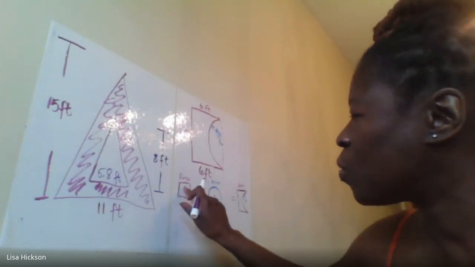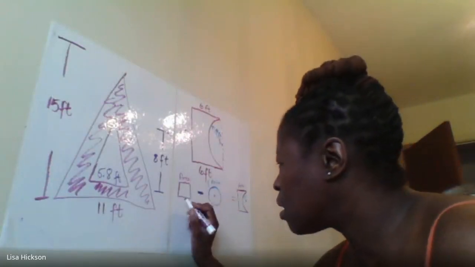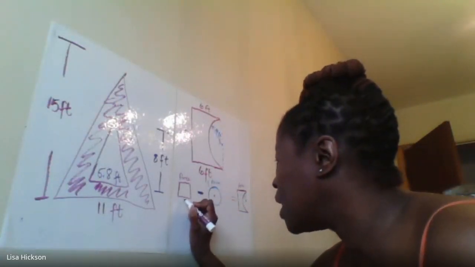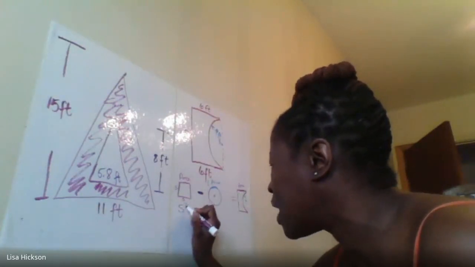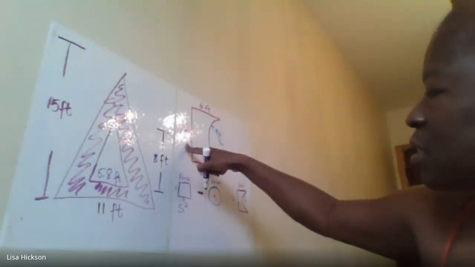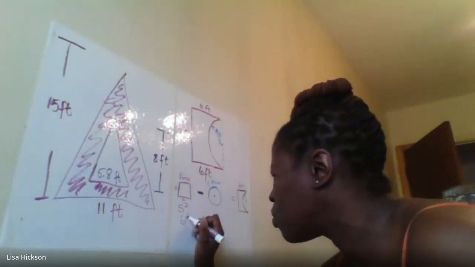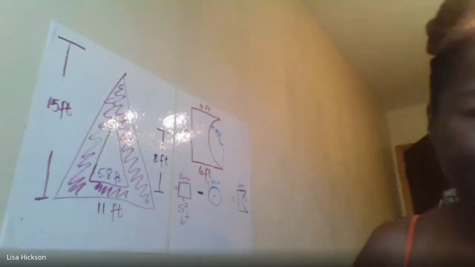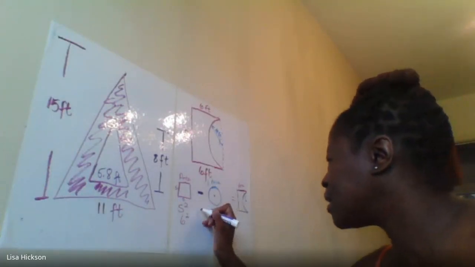So because a square has 4 equal sides, we're going to say the side times the side. So side squared. But for us, the measure of the side is 6. So that's going to be 6 squared minus,